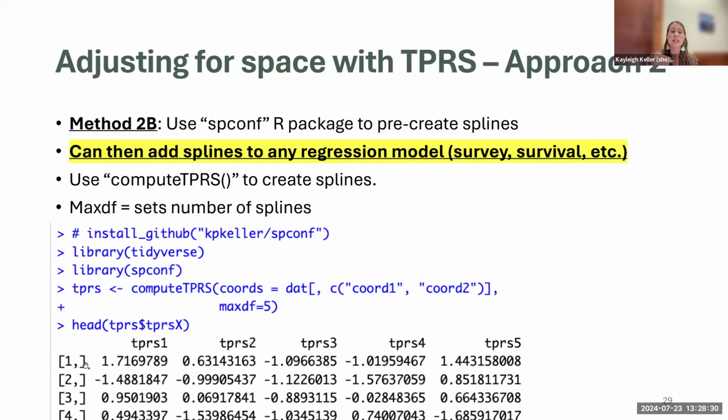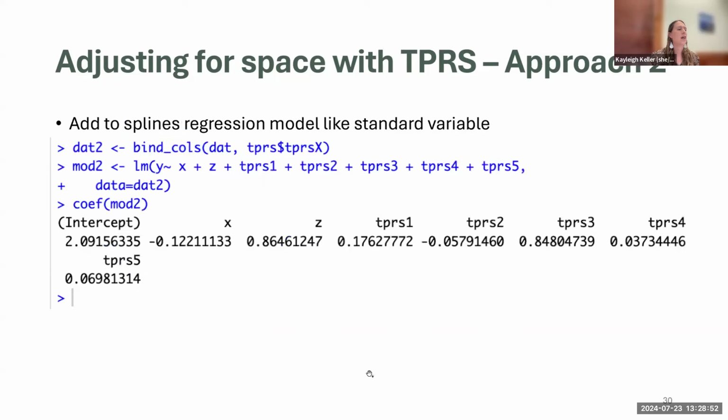Each row here represents a different location I have. Depending on your data, that might be different individuals, or different grid points, or different county regions. And it's got 5 columns for the 5 splines. Now, these numbers of themselves don't really mean anything. I'm not trying to interpret what this 1.0966 means. I just want to think about, okay, I've got 5 splines in my model, so let's add it to a